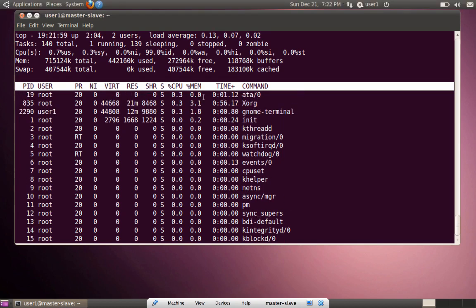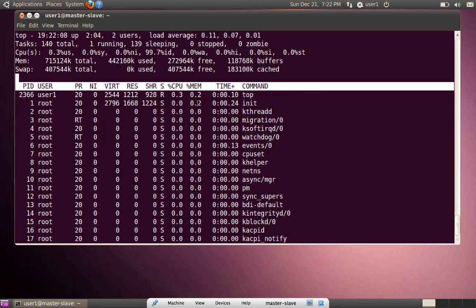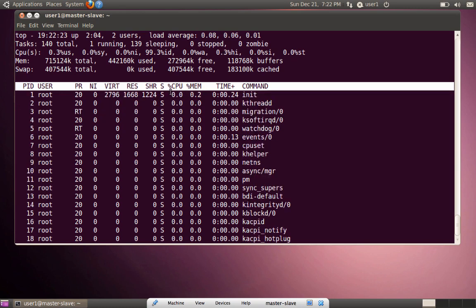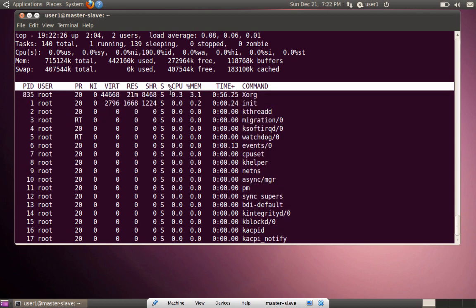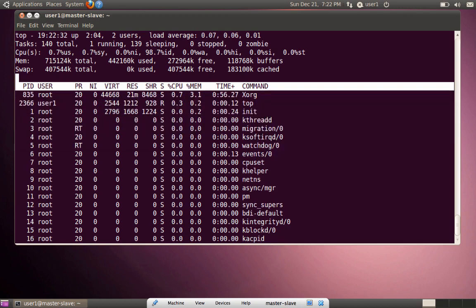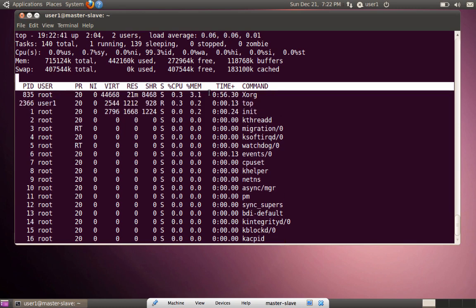If you see here, this list keeps on changing. It means the top command by default sorts the processes depending upon their percentage of CPU usage. It sorts the CPU usage in descending order. So whichever uses the higher CPU, it places at the top, and whichever uses less CPU, it places at